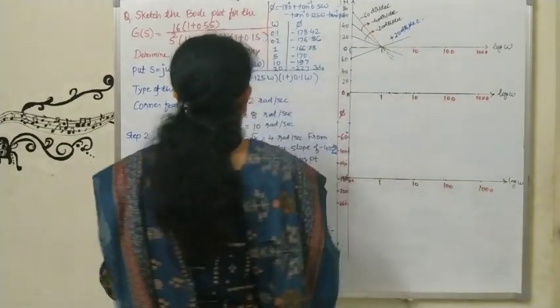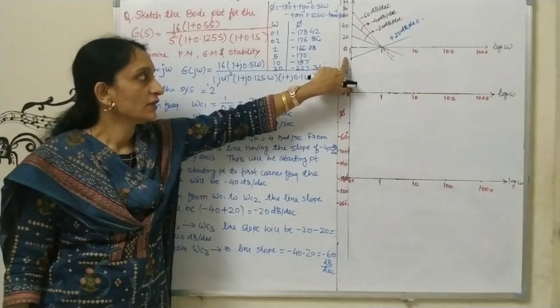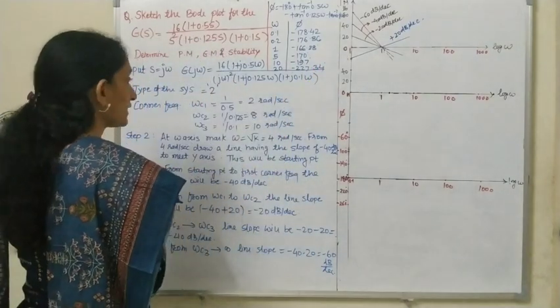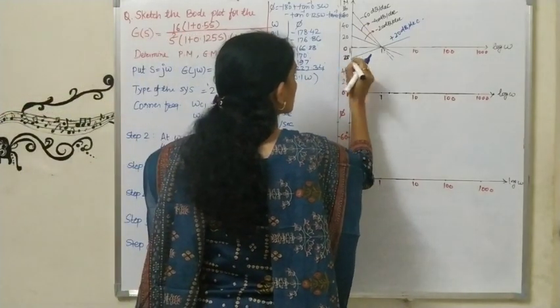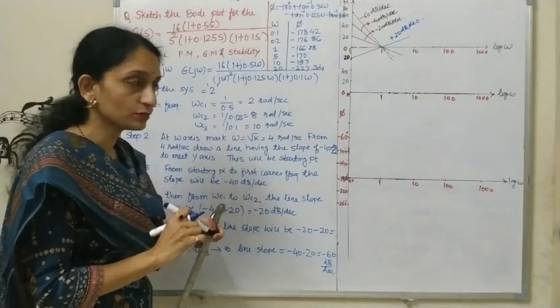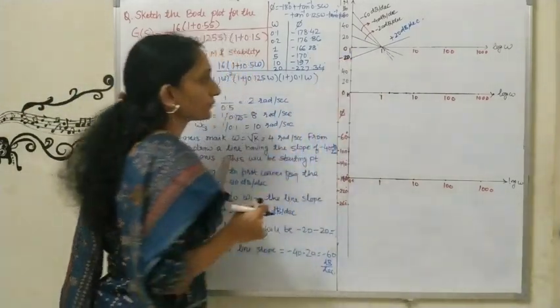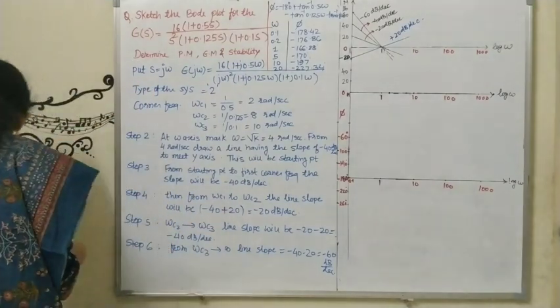So next, this is not 60. This is actually the plus 20 for the above case, or I can use it as 60 for the next magnitude plots. As the space is less, I need to do the same thing there. So here I will write minus 20. Now next, I will follow the steps.